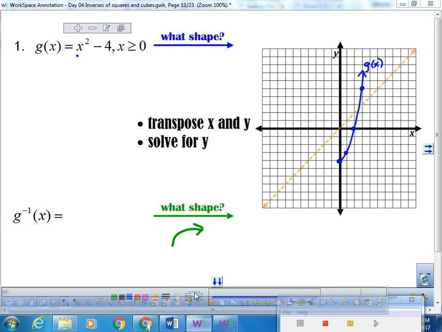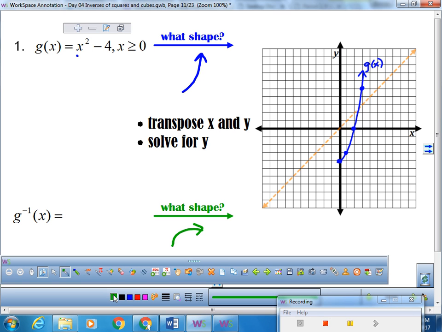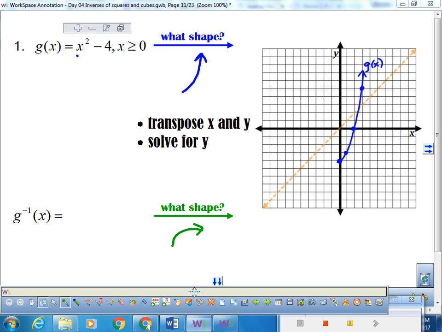So this one I knew was going to look like this. This one I know is going to look like that because it's going to be the positive side of a radical function. All right, so how do I get its equation? I switch x and y. So this is actually y equals,